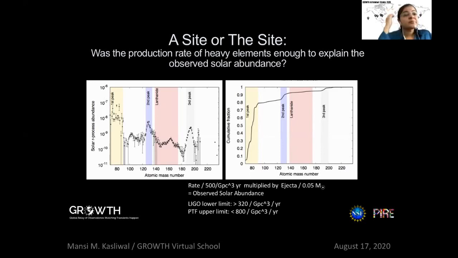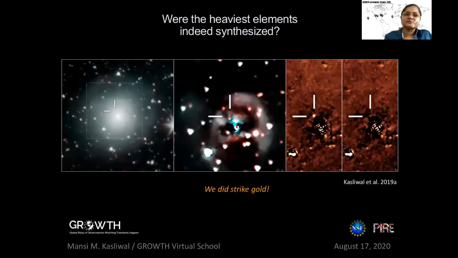But now a lot of people are interested in the third peak, especially the media, because elements number 195 and 197 on that third peak are gold and platinum. So the question is, did we actually strike gold? And the good news is that even though we couldn't really answer that based on the first few weeks of data, on day,